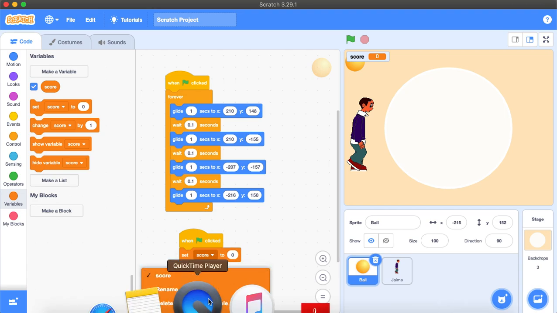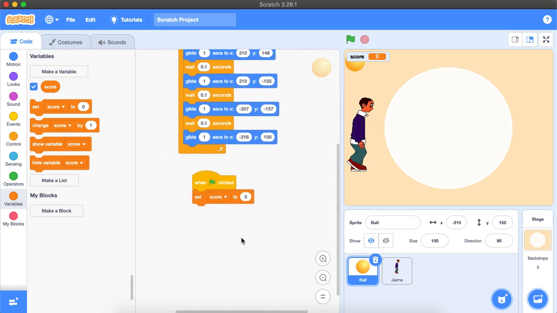Remember, if it doesn't change, you can change it by clicking on the drop down here, the arrow right here. You click it and then you choose score. Make sure it's score you chose. Okay. So the next is to take this, and then we will,